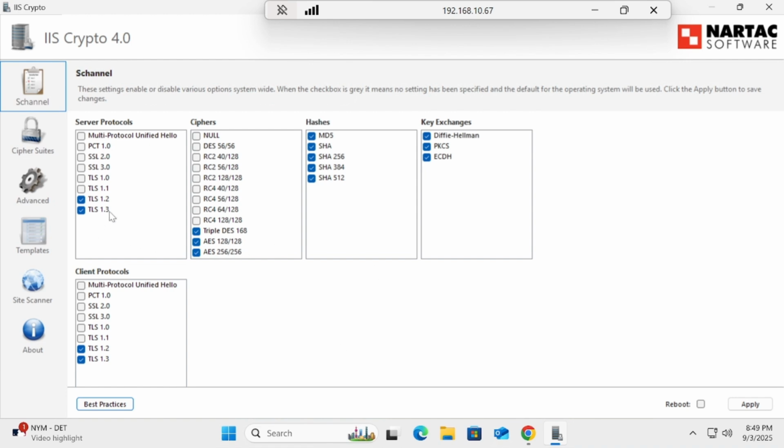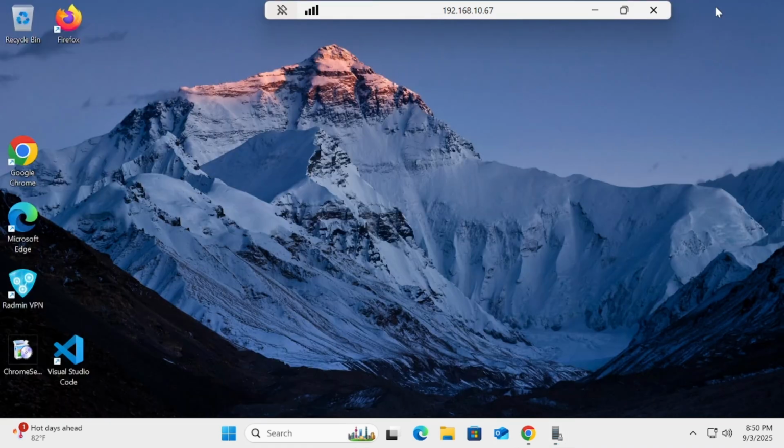Currently Windows 11 generally works on TLS 1.3, not 1.2, so we will also uncheck this. Once you uncheck this, then we have to click onto reboot, then apply. But before that, I want to fix one more thing, otherwise the video will get longer, because I have to disable